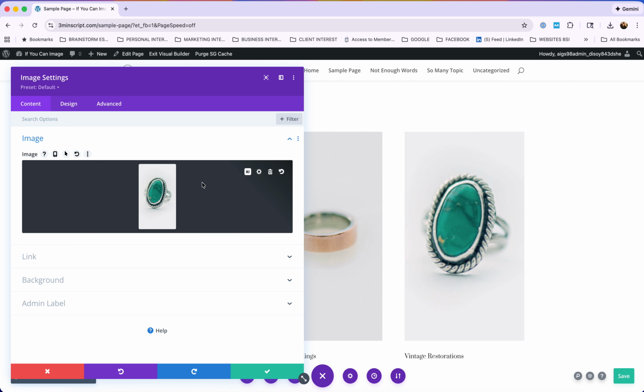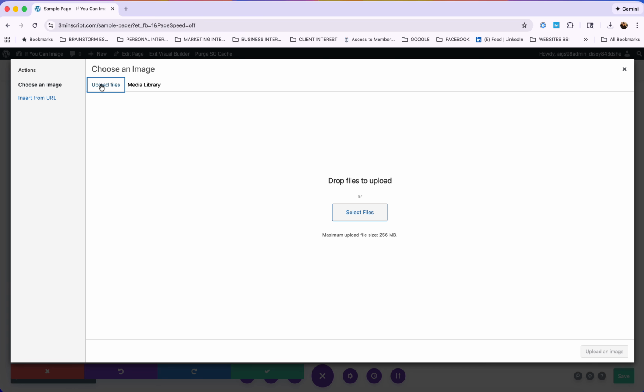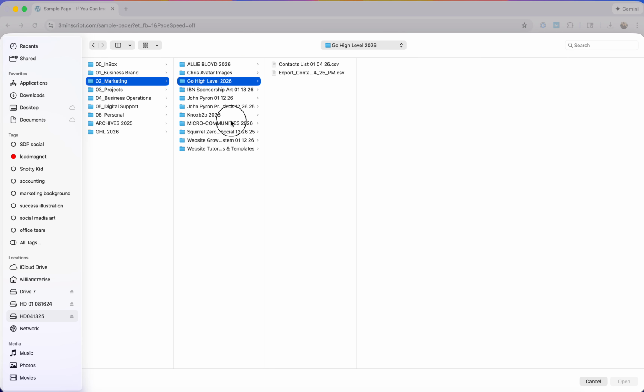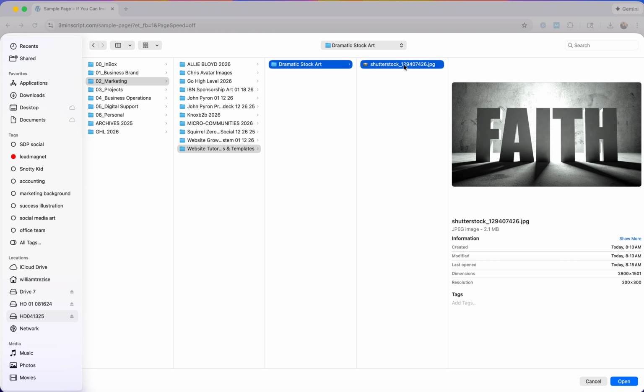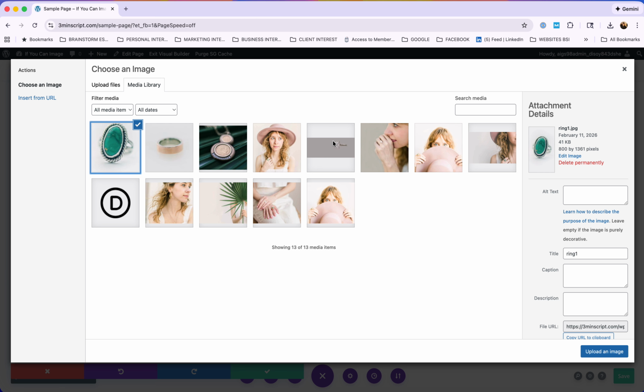And then once we are ready to replace it, we click it, we go to upload, we go to select file, we find the file on our computer, wherever it may be. I'm not choosing anything right now. And then we'd click open. And once we do that, then it would show up in our gallery. And then we would click that photo,